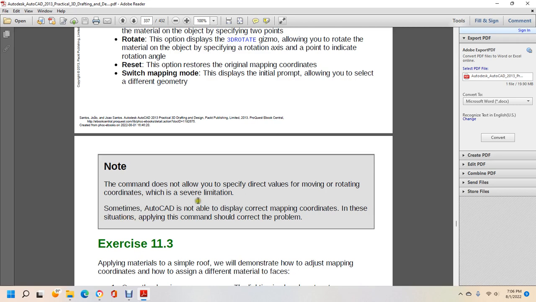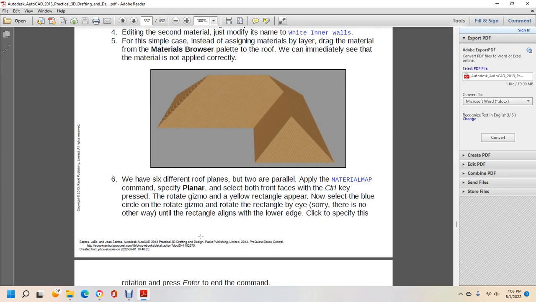Sometimes AutoCAD is not able to display correct mapping coordinates. In these situations, apply the command that should correct the problem. And then it shows apply the